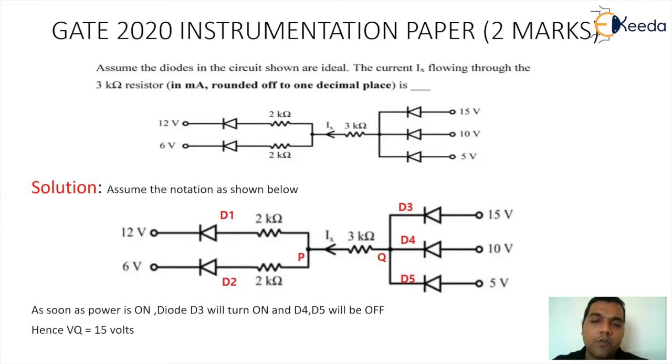So if I just assume that all of them will be on, eventually you will find that the node Q will go to 15 volt. Since node Q will go to 15 volt, the remaining 2 diodes D4 and D5 will automatically go in the off state, because for them the anode will be less than the cathode. So eventually, out of the 3 diodes which are present, D3, D4 and D5, we landed up with only D3 and the 15 volt battery. So the circuit can be modified